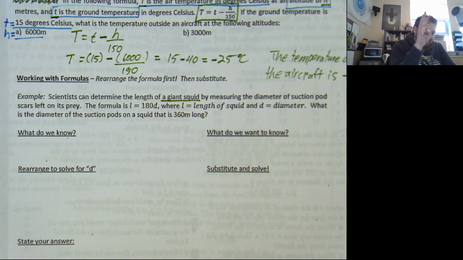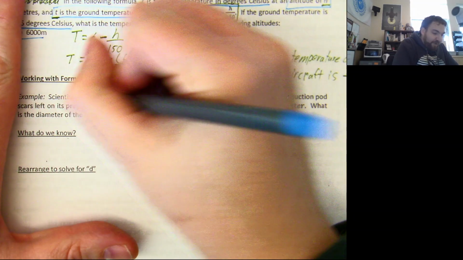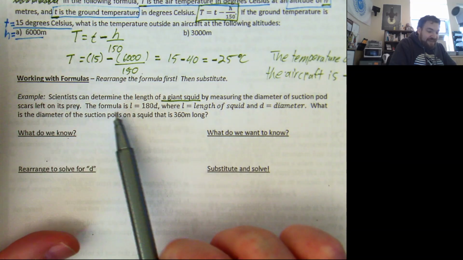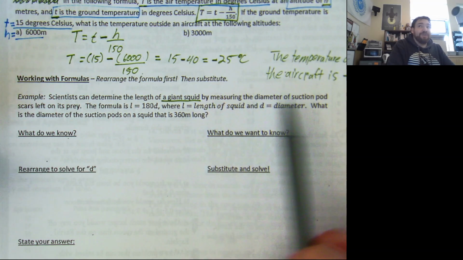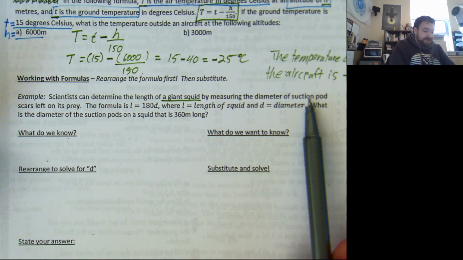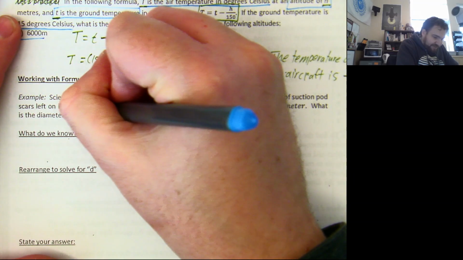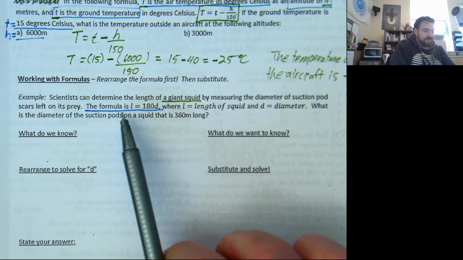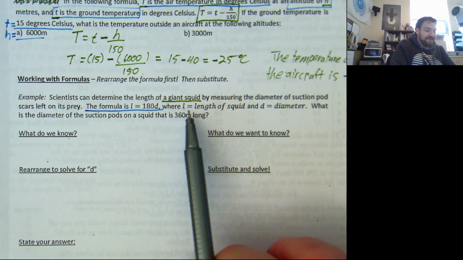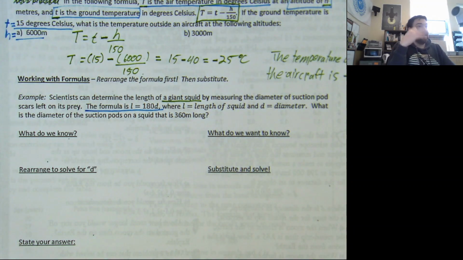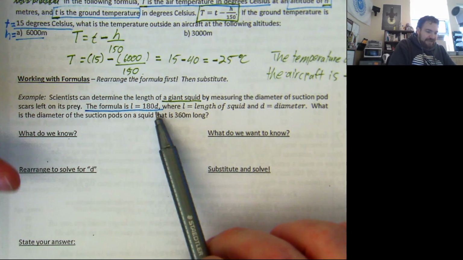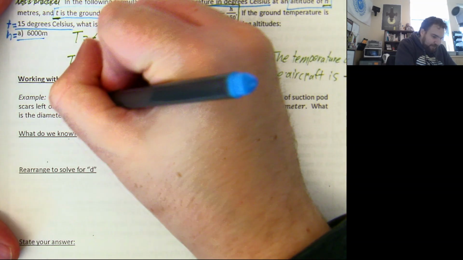Now this, I'm not sure how legitimate this formula is, but I saw the question. It was a good question. We're given a formula that relates the length of a giant squid with the size of these suction pods. Or this question says the formula that relates the length of a squid to the diameter of the suction pods. Now remember, diameter is the distance across a circle. Is this. L equals